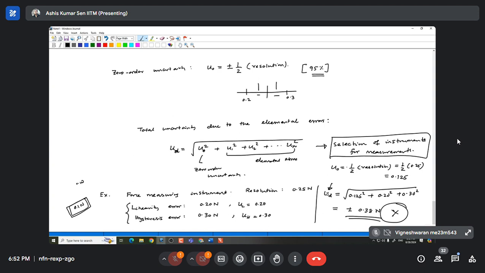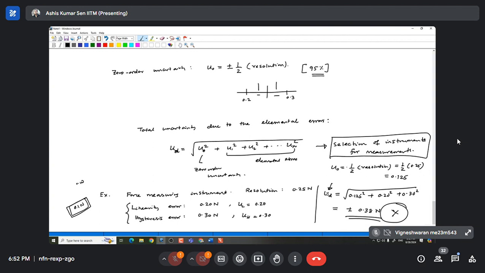Now, let's say you want to estimate delta P by measuring all these. So you want to measure velocity, length, and diameter. Now, how the uncertainty in each of these measurements is going to affect the uncertainty of the estimated value